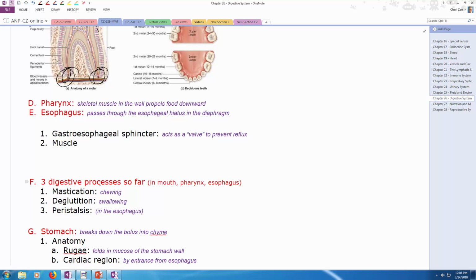The esophagus is often referred to as the food tube. It runs down the mediastinum through the diaphragm, through an opening in the diaphragm called the esophageal hiatus, and then connects with the stomach down below. Now, when this is not being used, it is collapsed